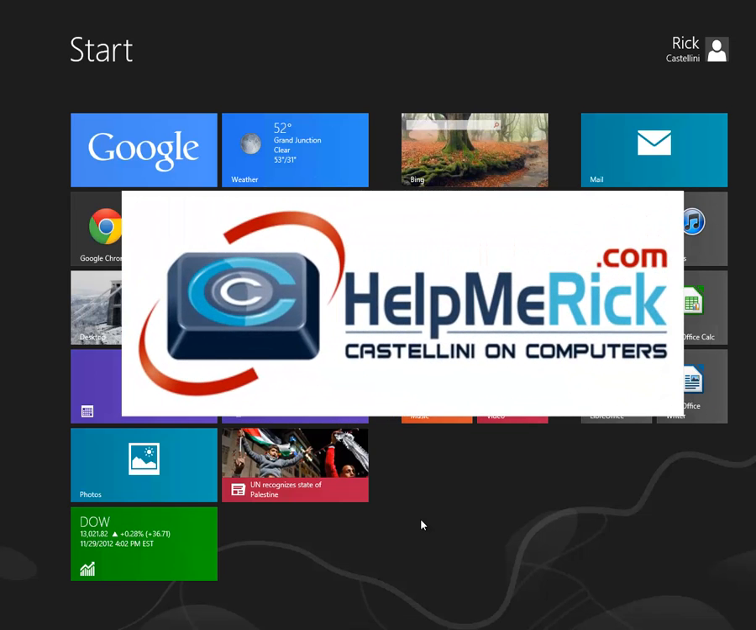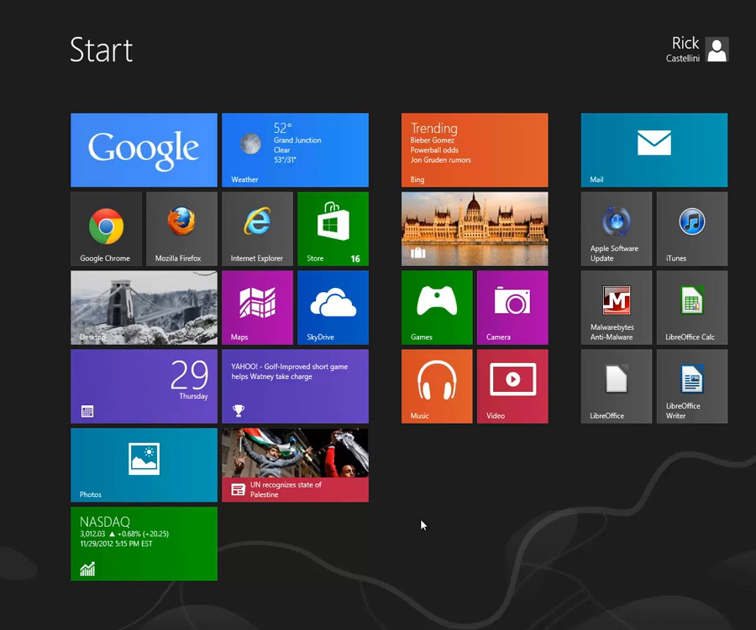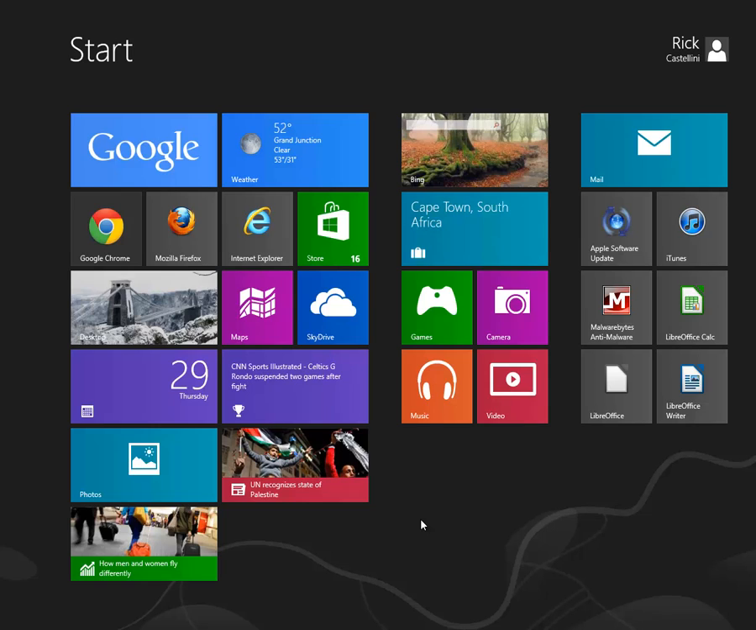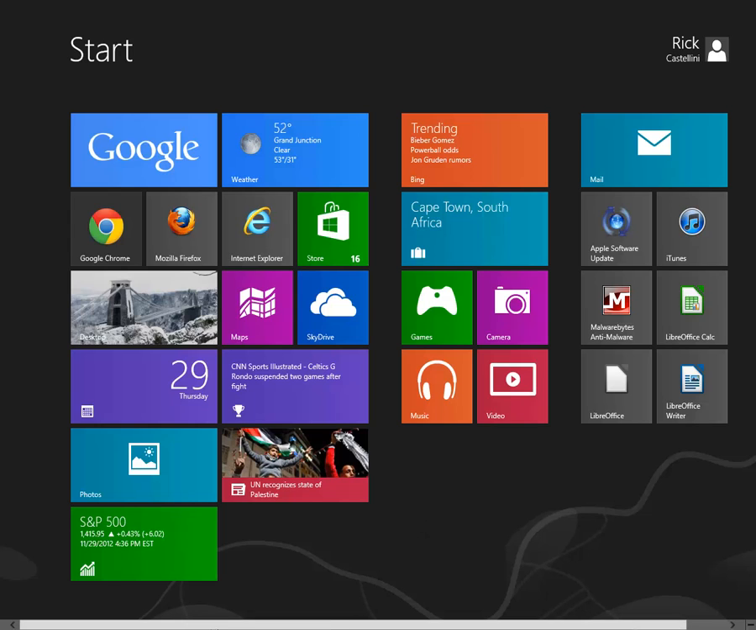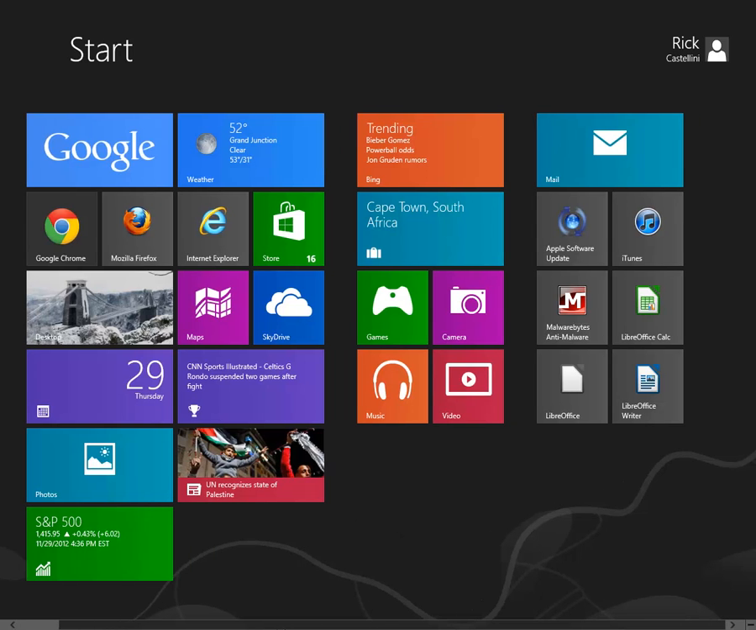Windows 8 is upon us and has been so far very underwhelming for many folks, but I'm here to help you get through some of the rough edges when you first start out with Windows 8, whether you've upgraded or bought a new machine. First thing you'll notice when you boot up your Windows 8 machine is you no longer